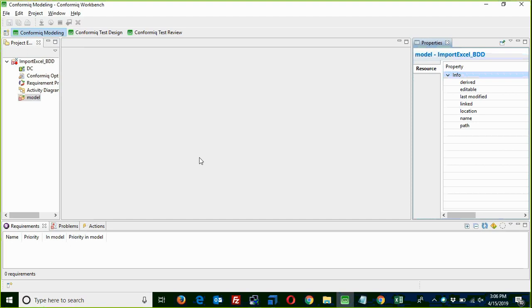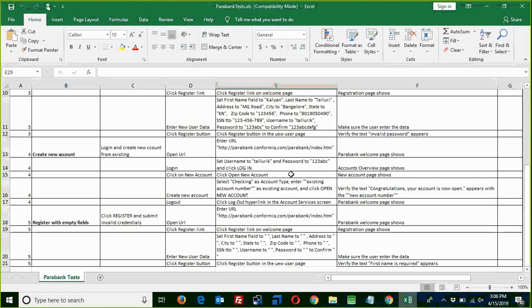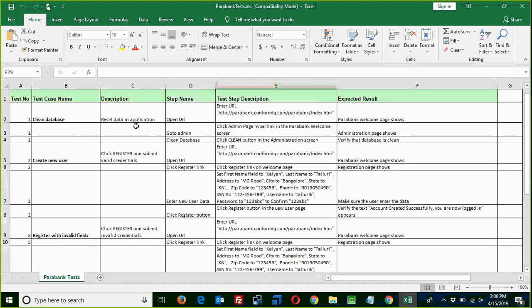Okay, so as Ankur had just set the context, you need to see the approach for how to import or utilize the existing Excel-based test cases for generating the feature files as well as the BDD output using Cucumber, Selenium, and Java. So this is the sample that we are trying to import.